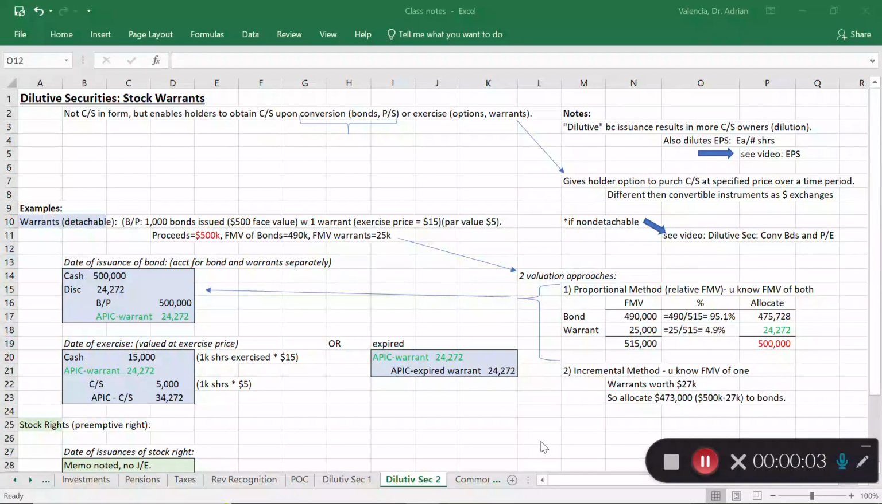In this video, I'm going to continue the discussion on dilutive securities, and more specifically, we're going to discuss stock warrants and the accounting for it. So, to reiterate,